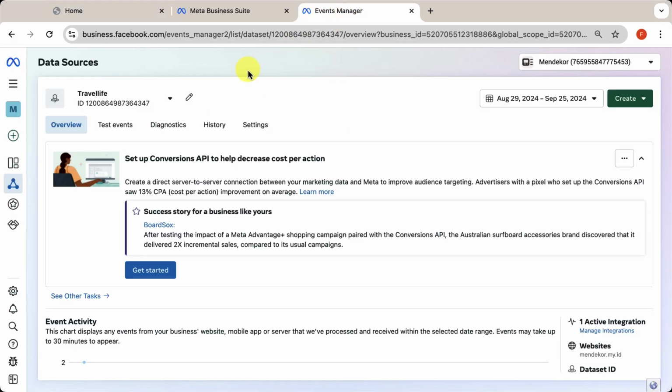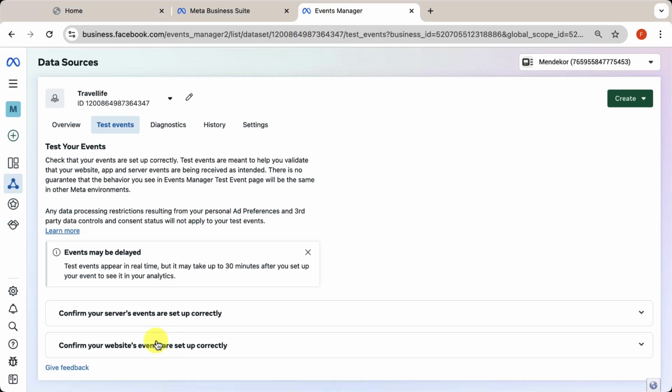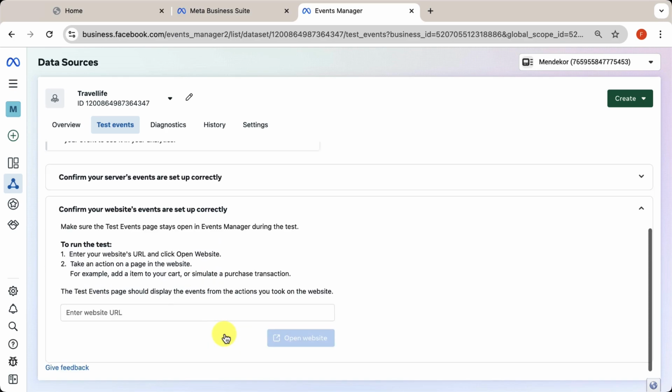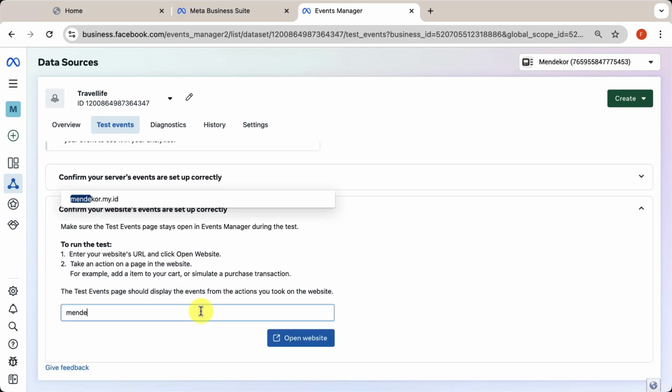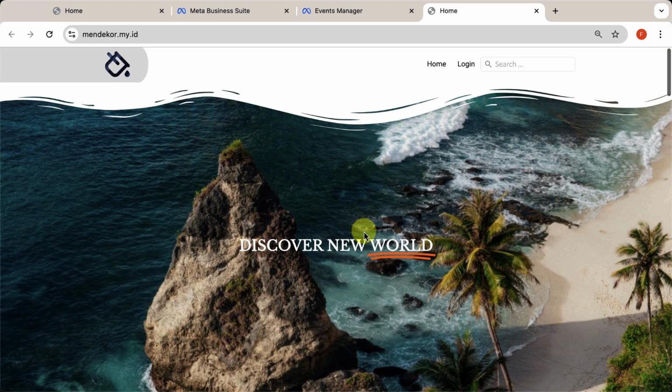Now, go to Test Events. Scroll down to the Website Confirmation section. Enter your website URL here and click Open Website. Now that the website has opened,